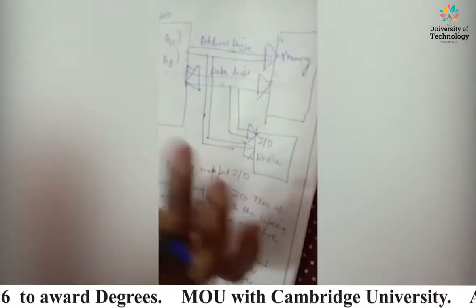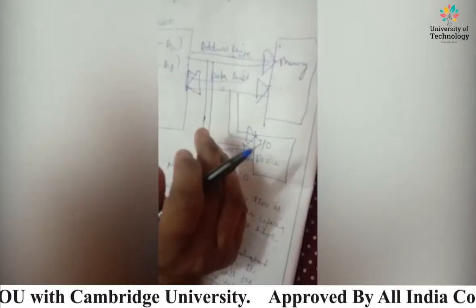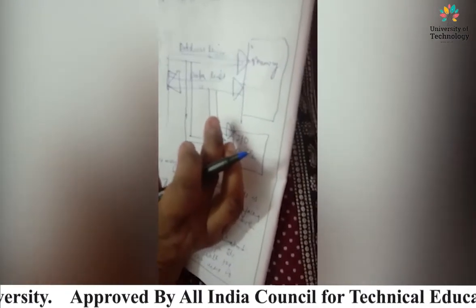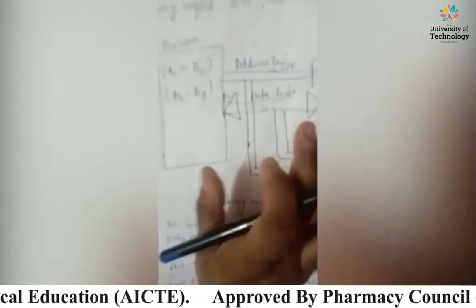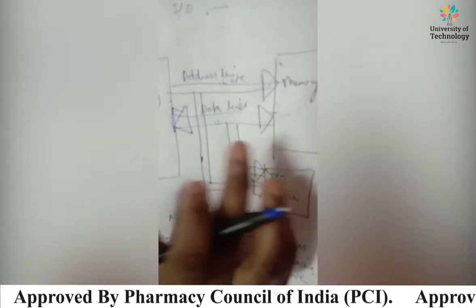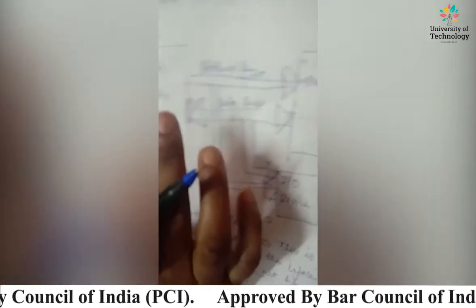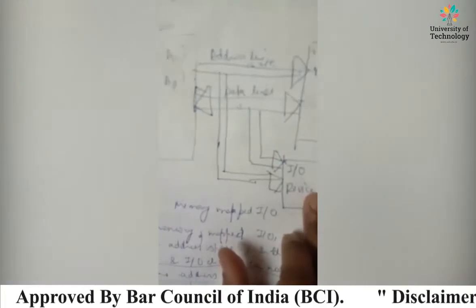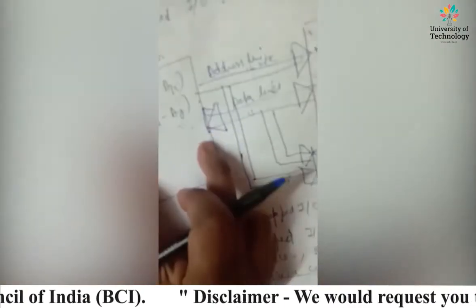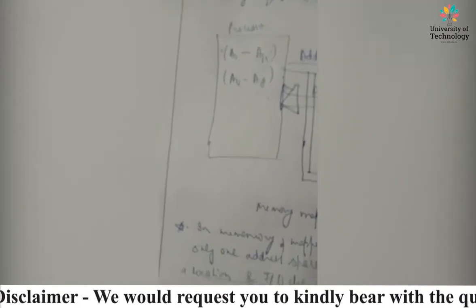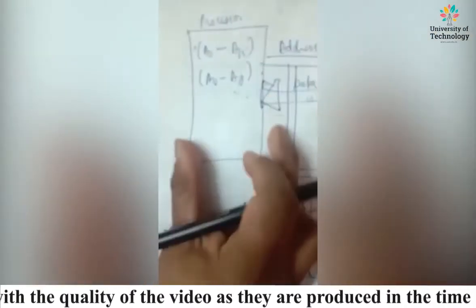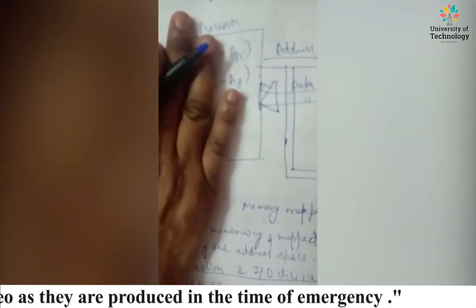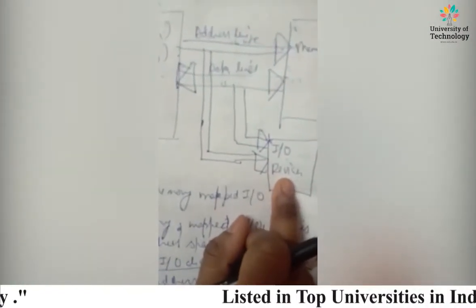Suppose the memory locations are assigned the addresses from, for example, 0000H to 27FFH. Once the address is assigned to these locations, any one of these addresses cannot be assigned to input output devices. So once we have assigned some address to the memory, this is the memory location and input output devices. Suppose we have assigned some address, say 7000H or something like that. Once we have assigned the address to the processor, we cannot assign the same address to the input output devices. That's what it's all about, right?